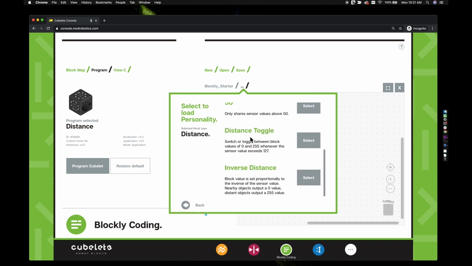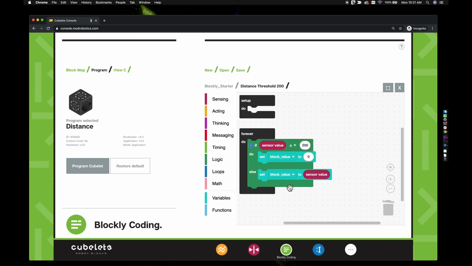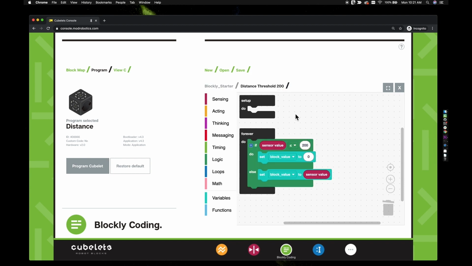Let's open the distance threshold 200 personality. You can see that it has loaded this program in a new tab. To move between programs, just click on the tabs. If we look at the code, we can see that this is a relatively simple program. If the sensor value is less than or equal to 200, then the block value is set to 0. If the sensor value is above the threshold, then the distance will set its block value equal to the sensor